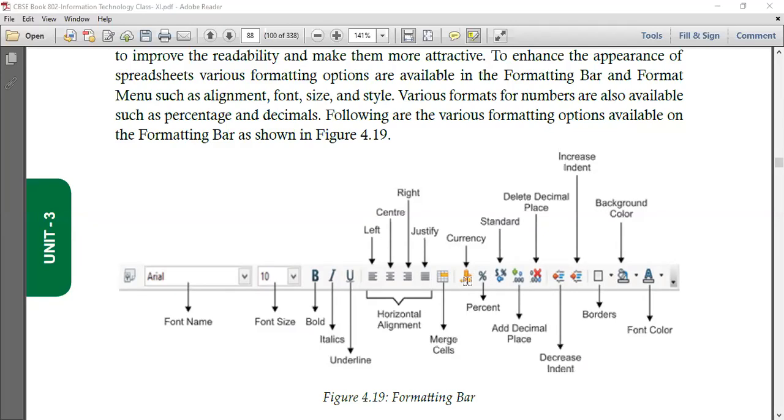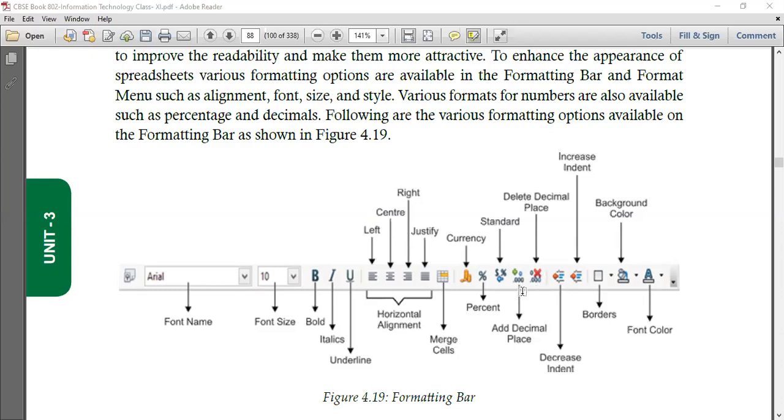These are how we can add certain symbols to the text. Like if you are adding certain numbers and you want currency symbols after that, you just have to choose that currency symbol from this option, and that symbol is added automatically. Similarly, if you want a percentage symbol after the number, choose this. The percentage symbol will be added automatically. Then these are certain standard icons that you can place, and these are to be used with decimal numbers.